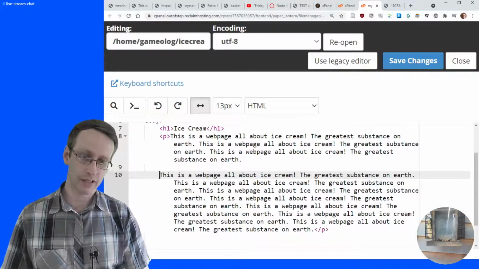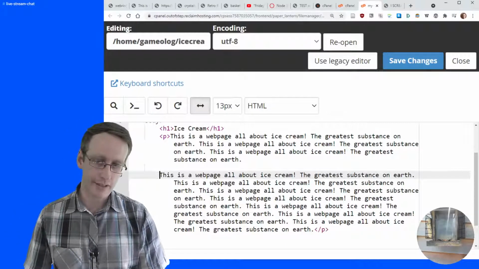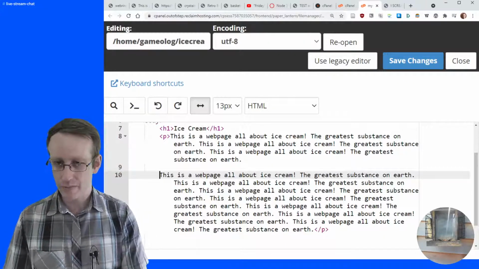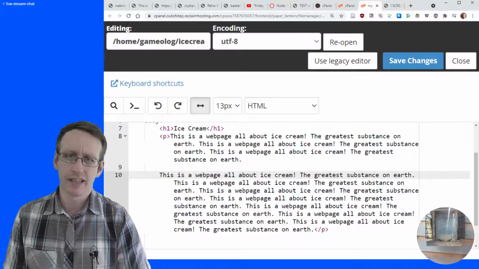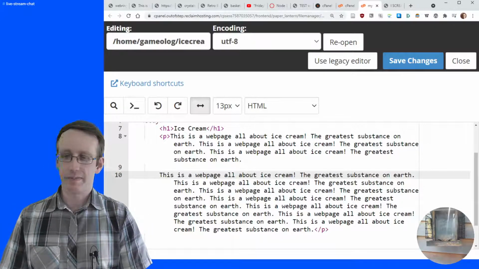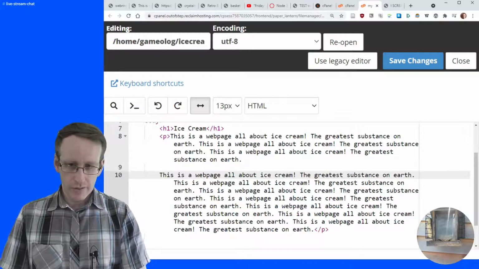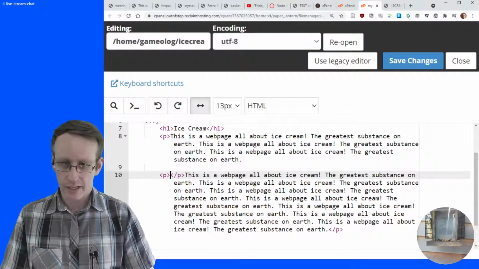So I really recommend using these tools. You may not even see why it may become an issue, but it might, and so I really recommend it. Okay, so if I do want to make these two paragraphs, I just have to add additional paragraph